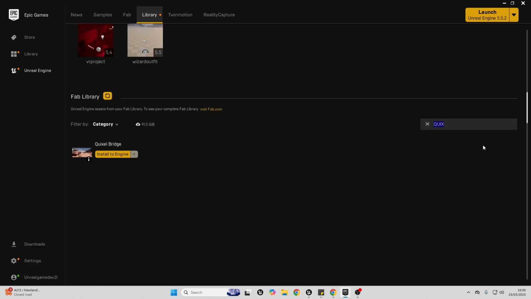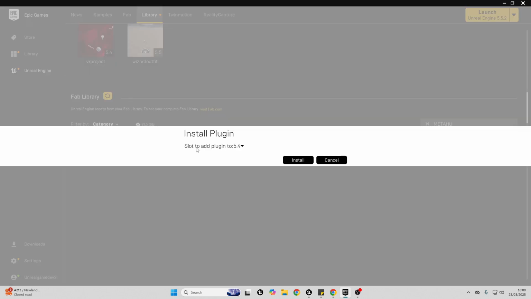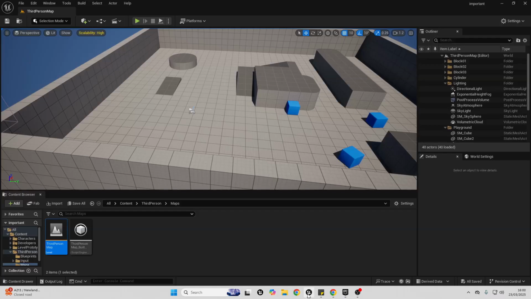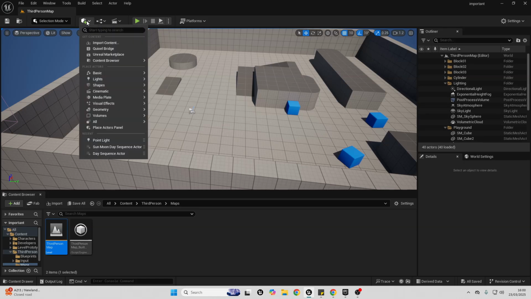And then you also want to enable the MetaHuman plugin. So if you go over to your Fabric library and look for MetaHuman and want the MetaHuman plugin, go to install the engine and select 5.5. I already have installed it, which is why I can't see it. Okay, then open up your Unreal Engine 5.5 project. So I have opened up my Unreal Engine 5.5 project, and you just want to go over here where it says quickly add things to the project